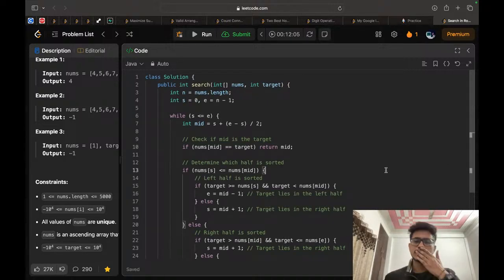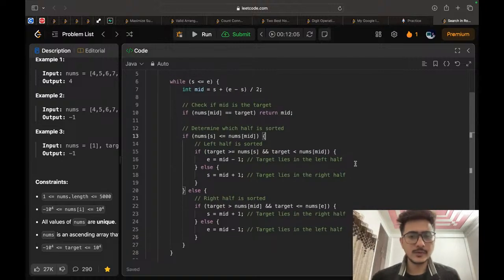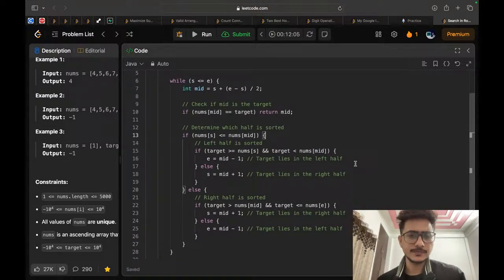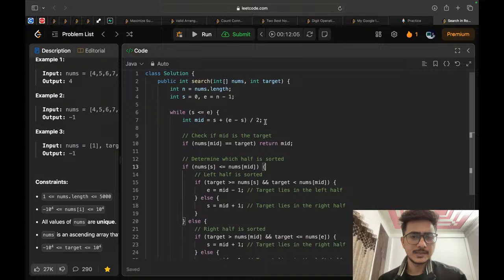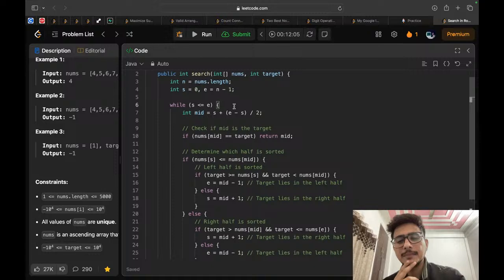Okay, so this was the approach. This approach I have got from ChatGPT. In the approach which I have explained, I was using two binary searches. First one was to find the minimum element, and second one was to find the target element in that partition. But in this approach,